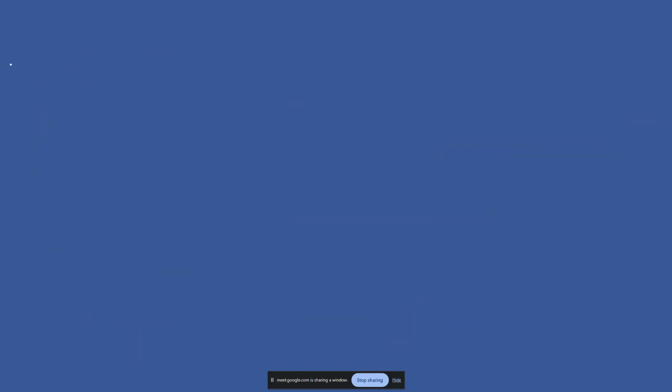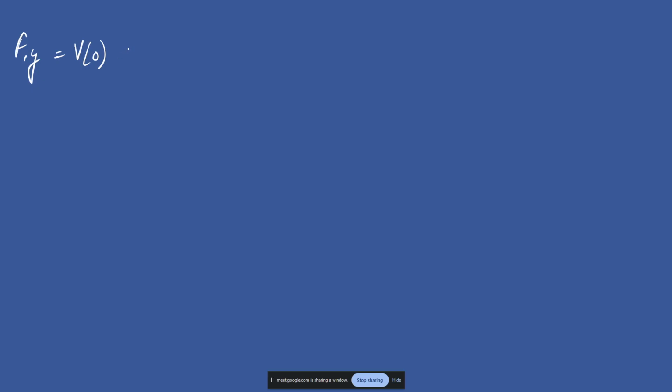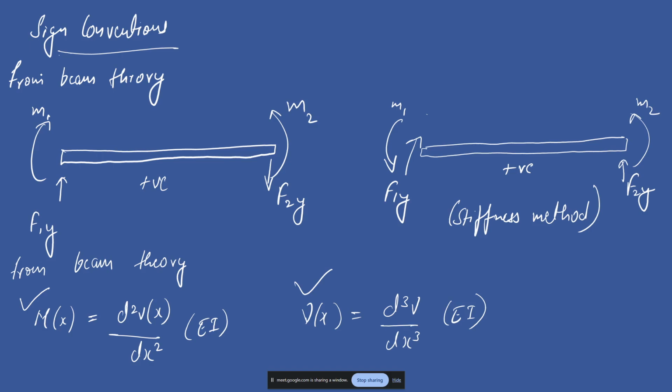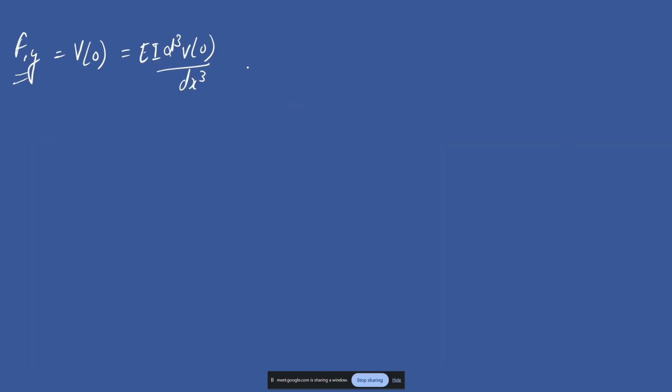Then F1y, the shear force at 0, is given by EI d3 mu at 0 by dx cube. So this will give you the shear force at the origin of the beam. It is given by EI by L cube